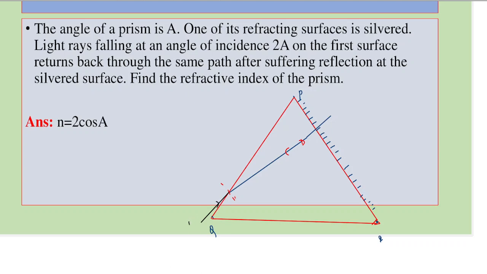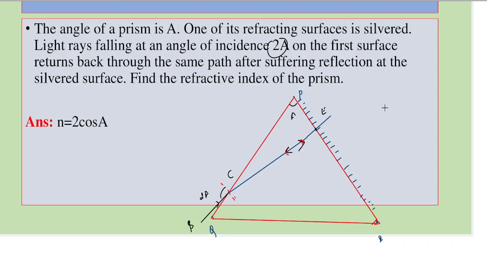So if say BC is the incident ray and CE is the refracted ray, since the light ray falls normally, it will retrace the path. The question says find the refractive index of the prism. Now we know that for a prism, if this is angle of deviation A and this angle is given as 2A, this is 2A. If you assume that the light moves from air to the prism, then using Snell's law for the surface PQ, we get